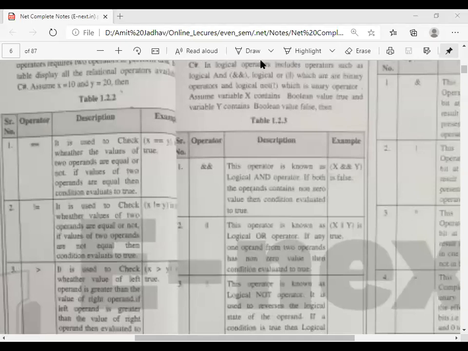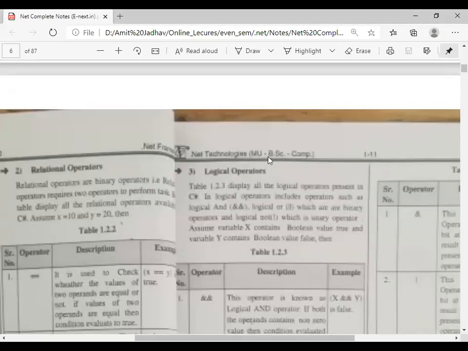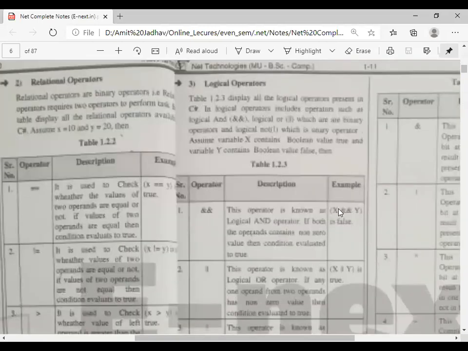So the next one is the logical operator. In logical operators we can use logical and. Logical and is used to check both conditions. That means if x is greater than or equal to y and x is equal to y. Let's see the example. We have seen the percentage example, right?